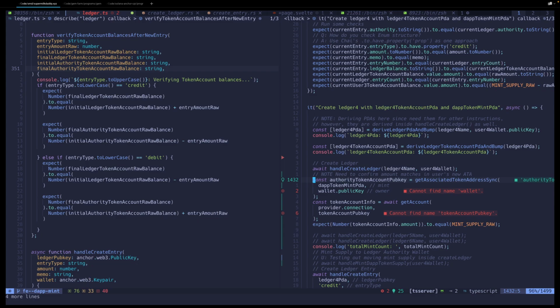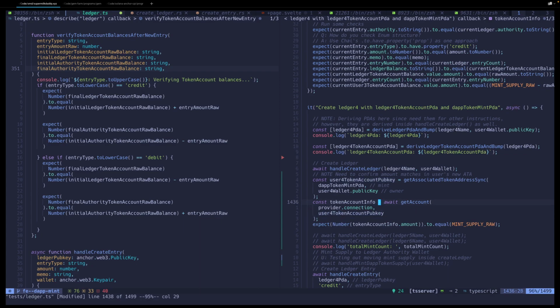All right, so authority, rather than this, I'm going to call this change to team. Call this the user 4. I don't like all these numbers, this is kind of inefficient, but oh well. I'm going to, for now, stick to this. So I can get the user 4 address, and then I can use the user 4 token account pub key, grab that, and what else are we missing? Not pub key, info. Okay, so